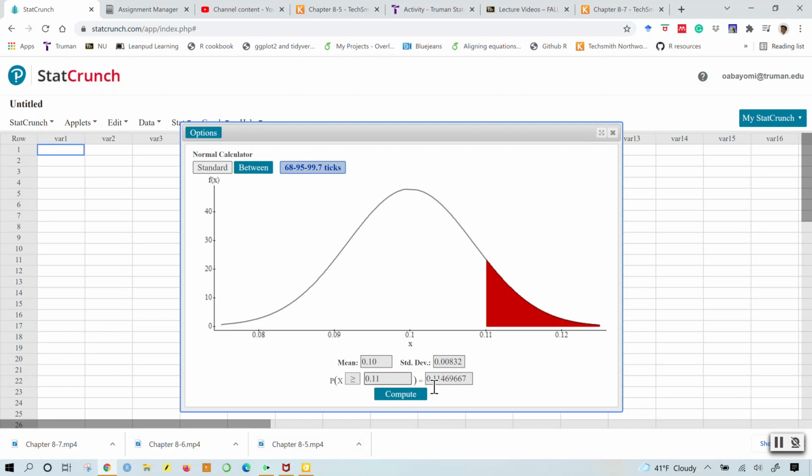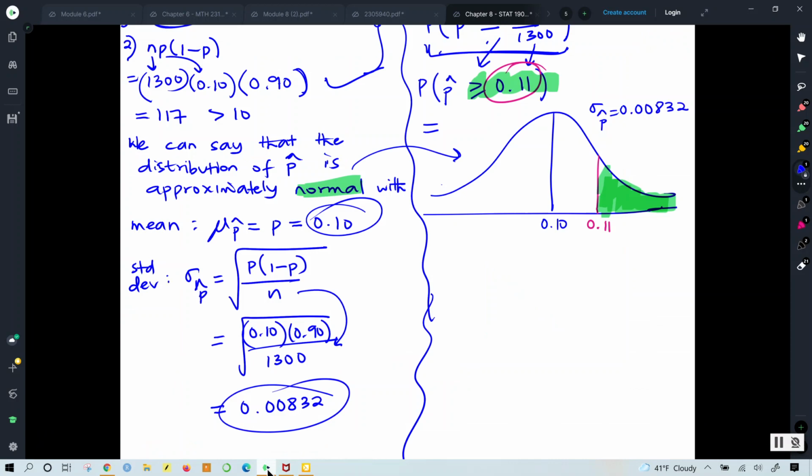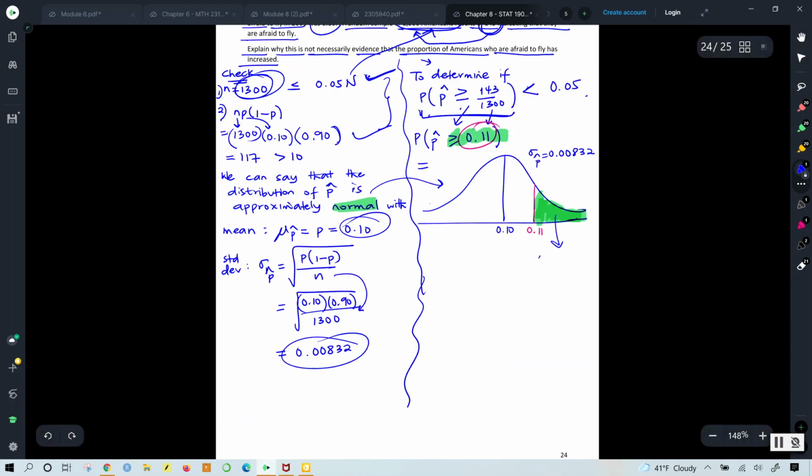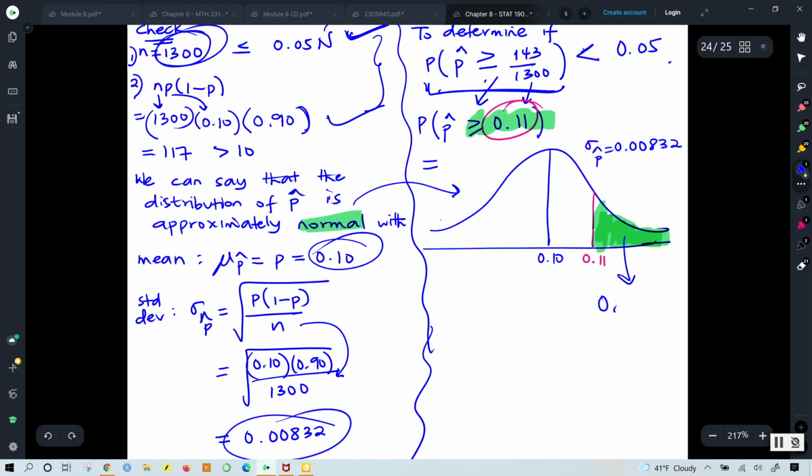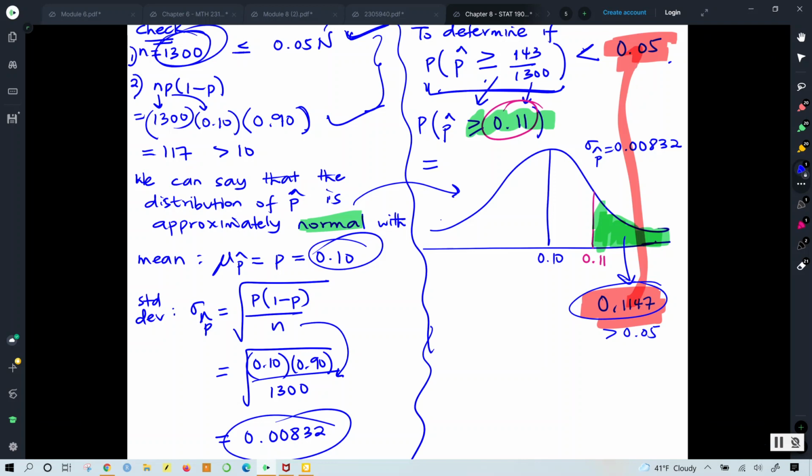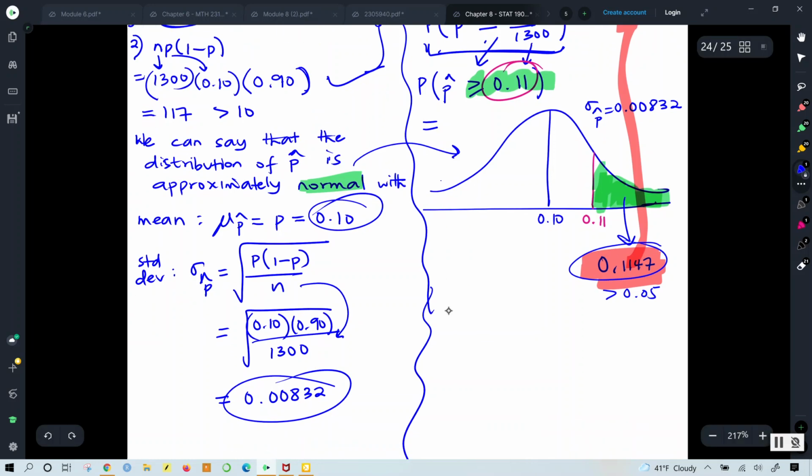So I have 0.114696, or 0.1147. This region is 0.1147. What do we observe? This probability is definitely greater than 0.05. If this probability were less than 0.05, we would say that it is unusual. But since this probability is not less than 0.05, the event